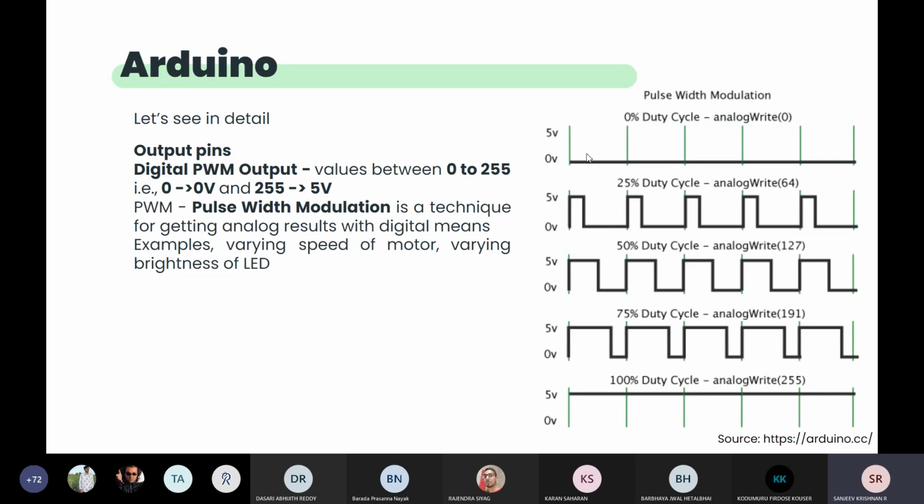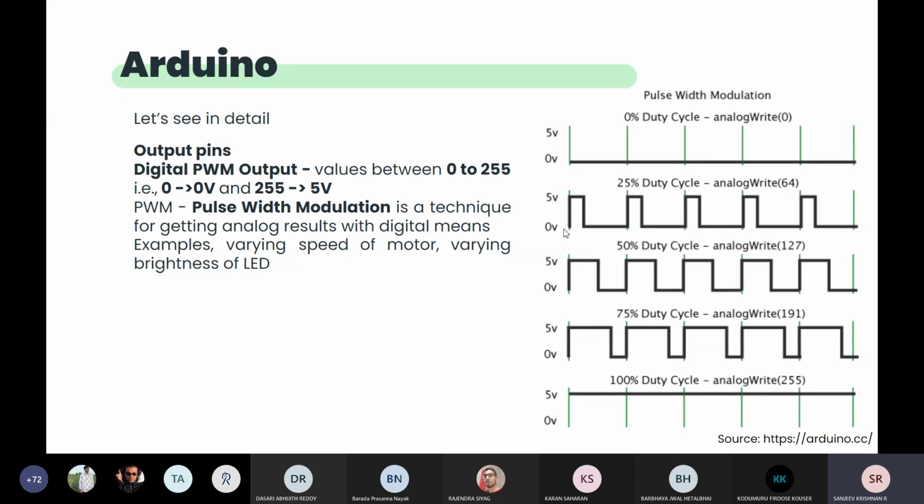If you want to make 25%, which is 25% of 5 volt, 1.25 volt, then we give analogWrite of 64. 64 is the number lying between 0 to 255.